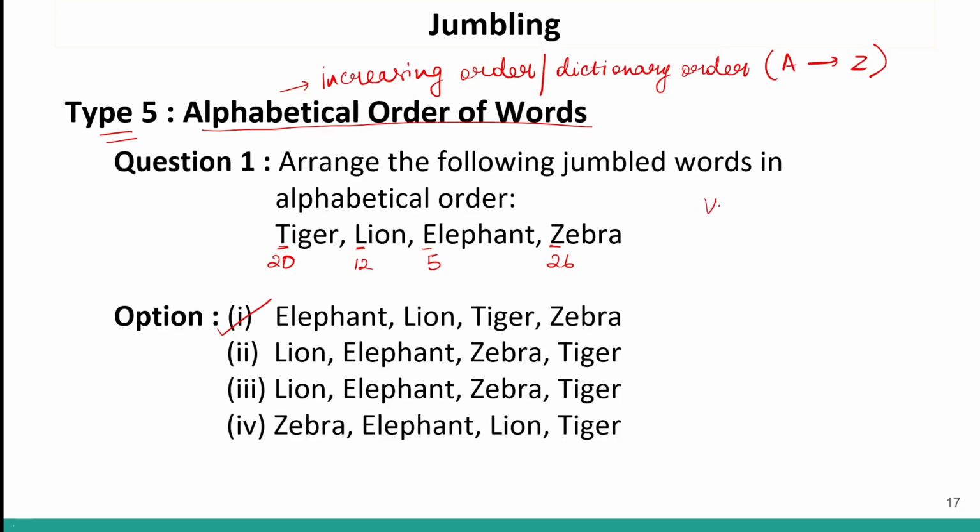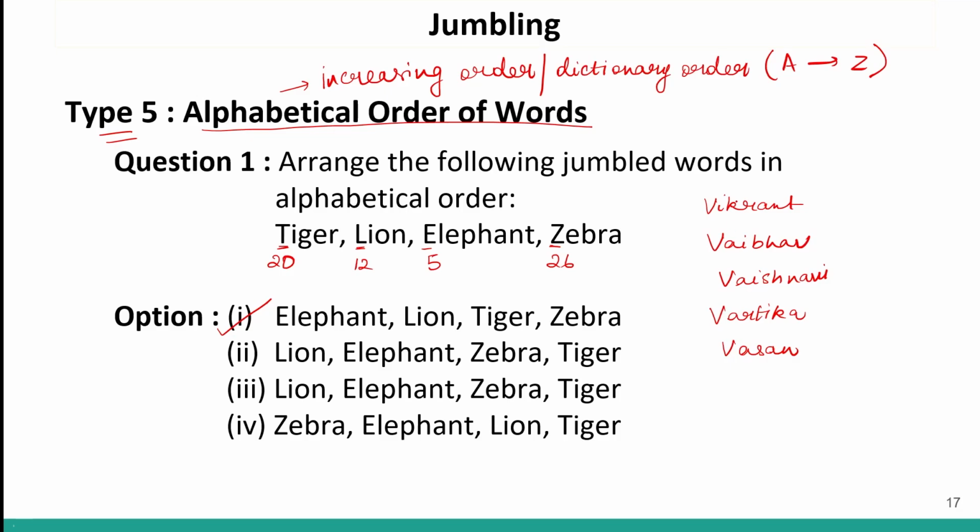Their names are Vikrant, Vaibhav, Vaishnavi, Vartika, and Vasan. So let's say we have five students and their names are like this, and we have to arrange them in alphabetical order.